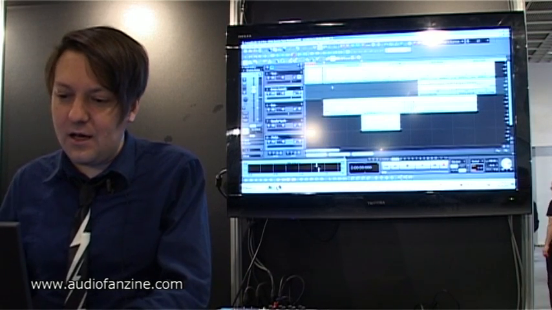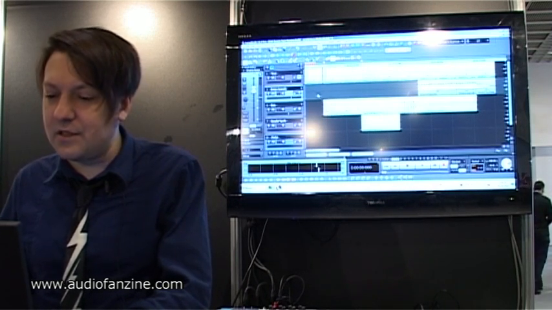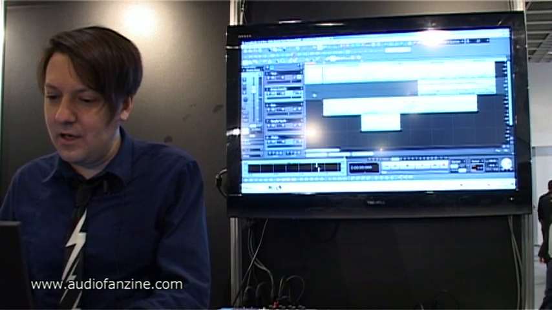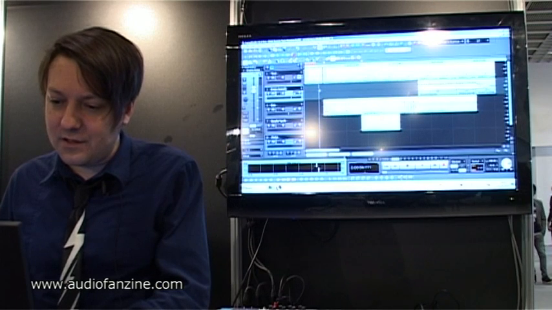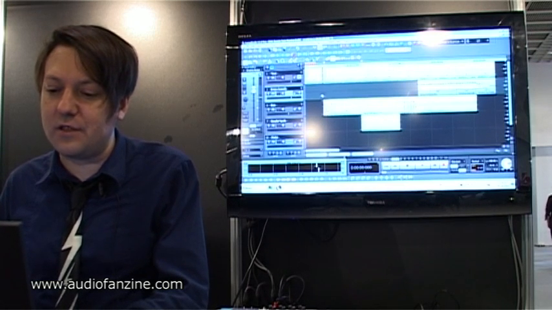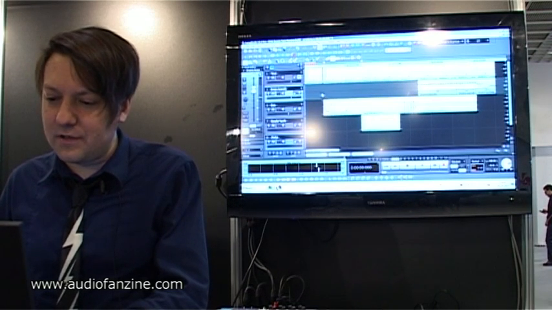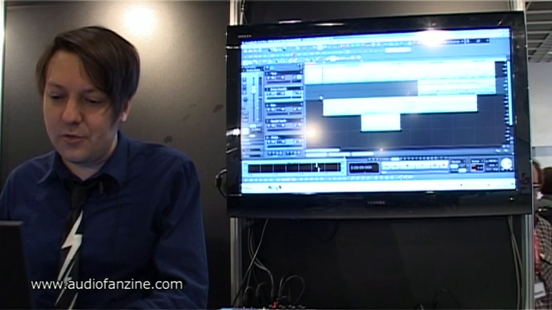But basically it's a DAW, so it's a sequencer and hard disk recording system like everybody knows from other systems, but it has one big difference, which is an outstanding feature, which is the object-oriented editing. So I can show you just a few things. We have the object editing